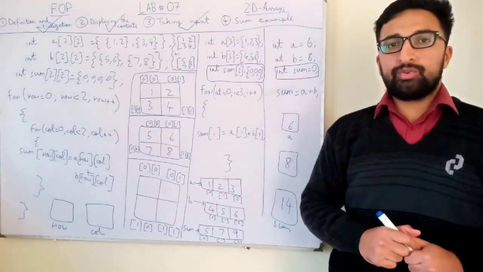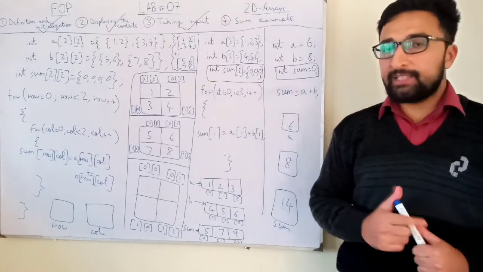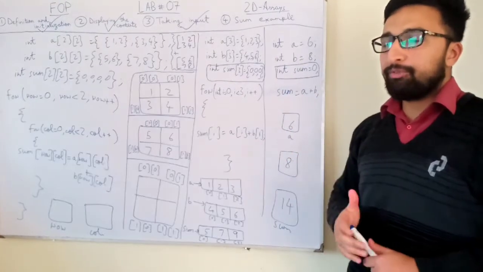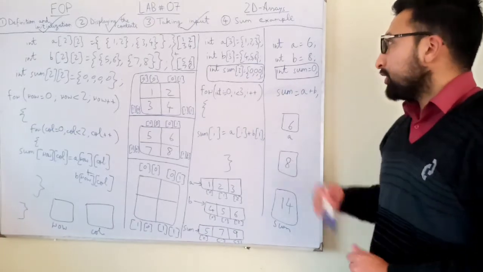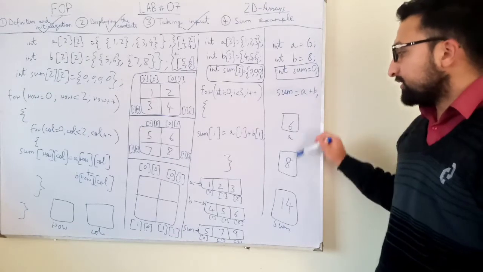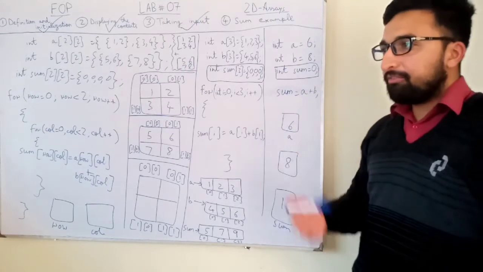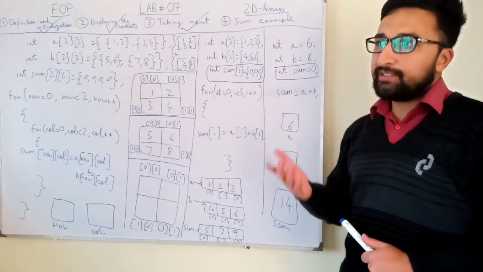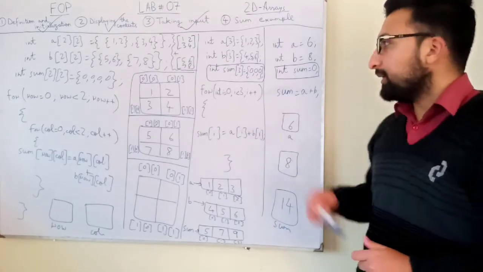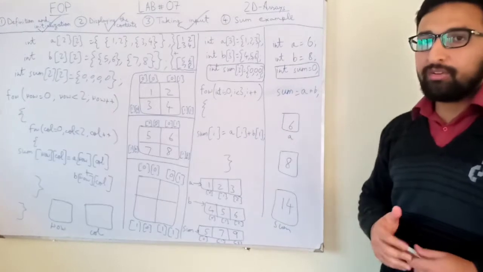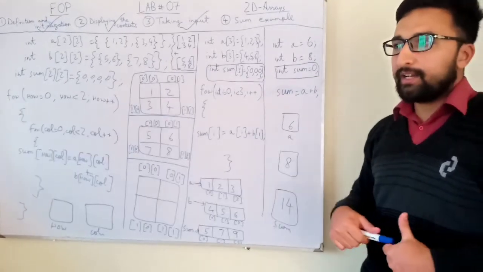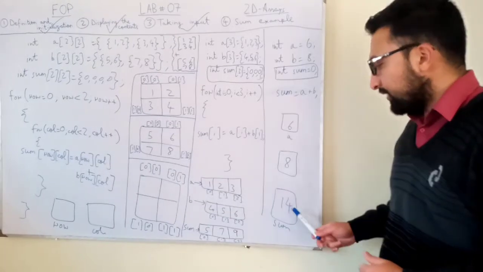Remember how we used to sum two different variables? We used to reserve a variable for storing our summation. For example, we had two variables a and b initialized to 6 and 8 respectively. When we had to do their summation, we first reserved a variable named sum and initialized it with maybe 0, so that when we sum them, the data can be overwritten